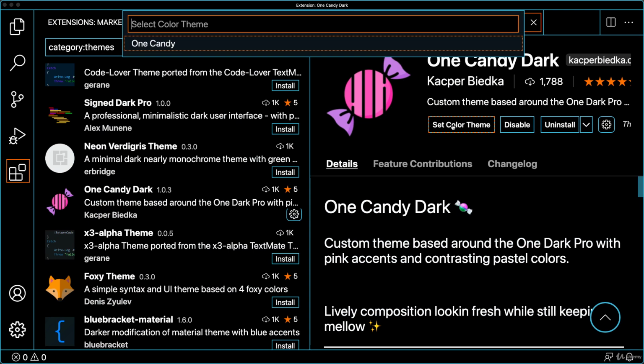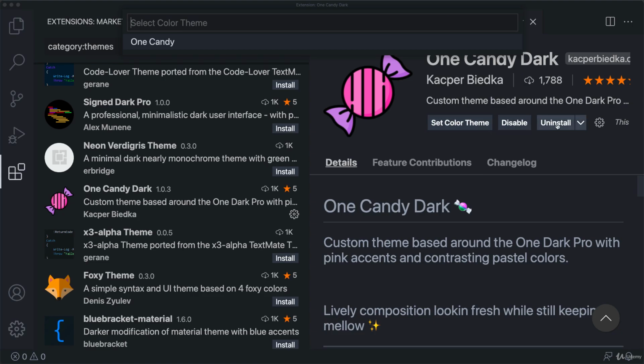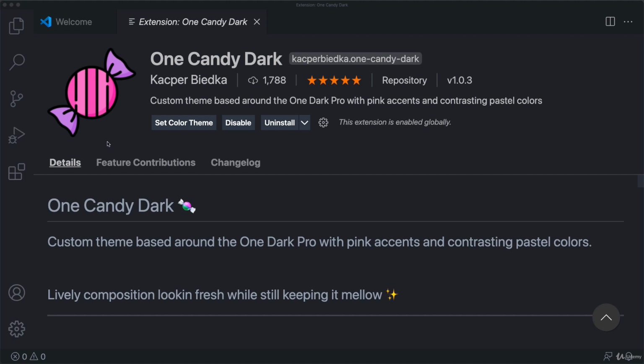So you can set the theme color as well. You can disable, you could uninstall it at any time. If you want to minimize the themes window, you can always go that way and minimize the themes window. So now it's changed the theme. You can always go and open up the